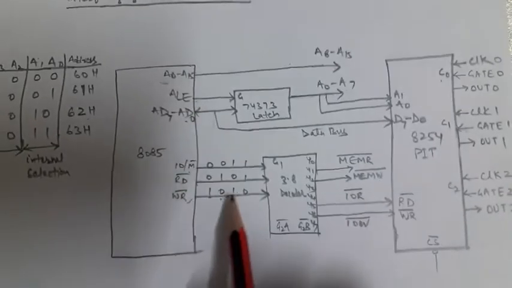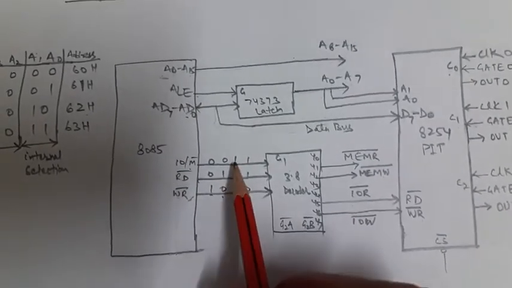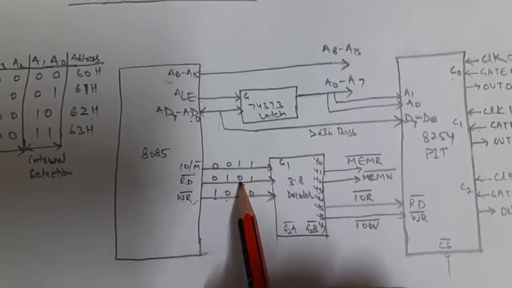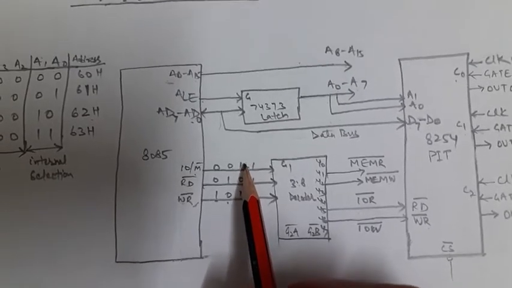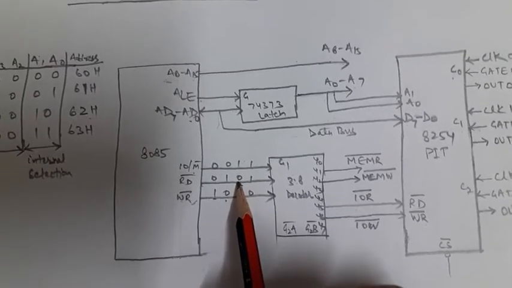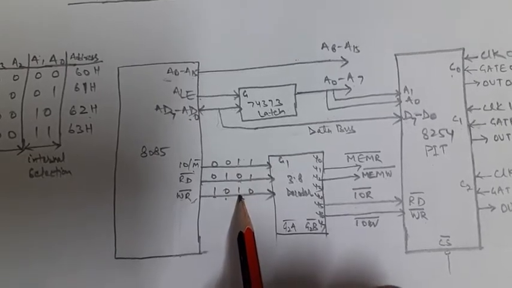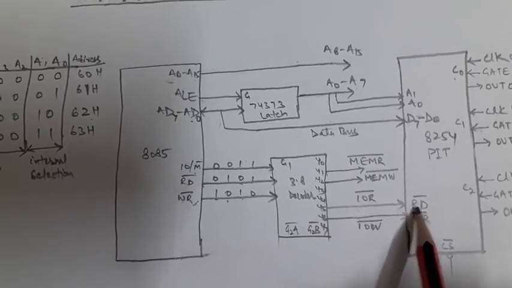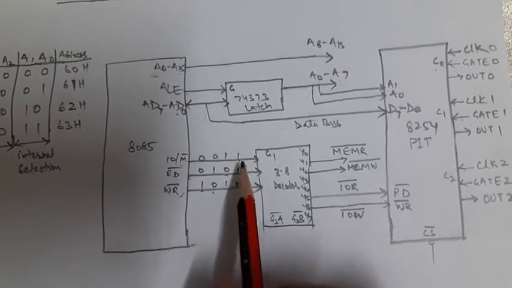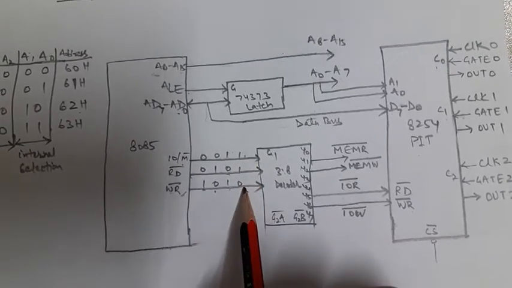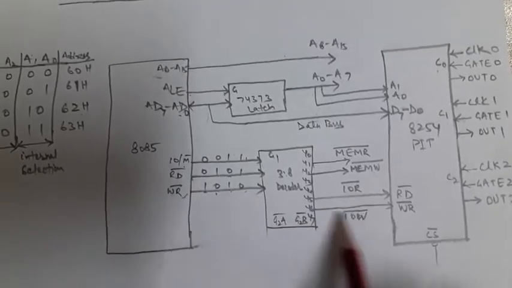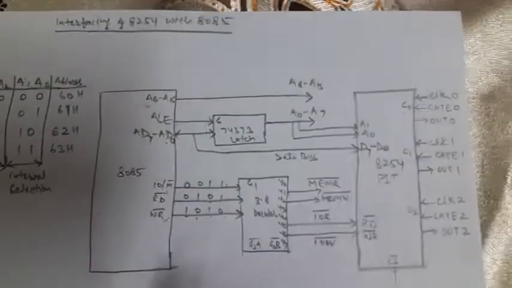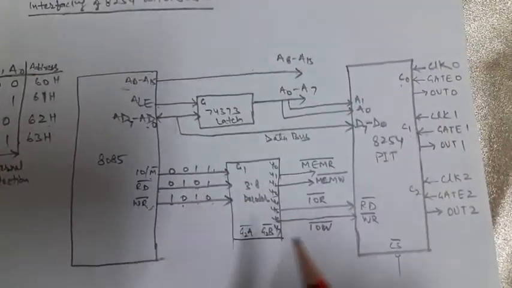Now for 101, we have converted the first signal into 1, which means we are talking about IO chips. So 101 means IO operation, IO chip, and this is read. This is called IO read, and 101 means Y5. So at Y5 I have connected IO read, which is active low, and that is connected to the read bar of this 8254 chip. And similarly 110 means this is an IO operation and a write operation. So this is called IO write, an active low signal, and this Y6 is connected to the write bar of the chip. So we have done this part of the interfacing for 8254.